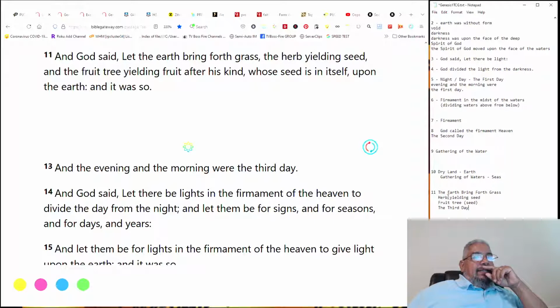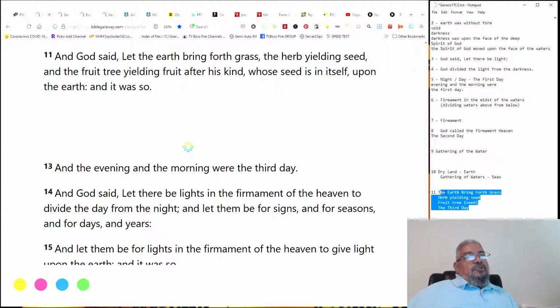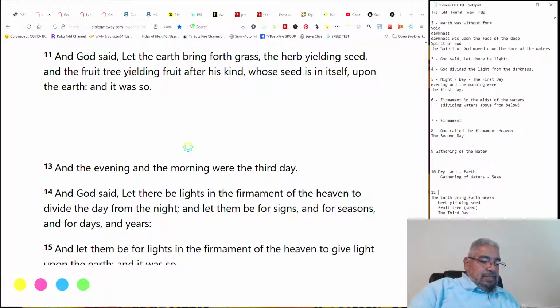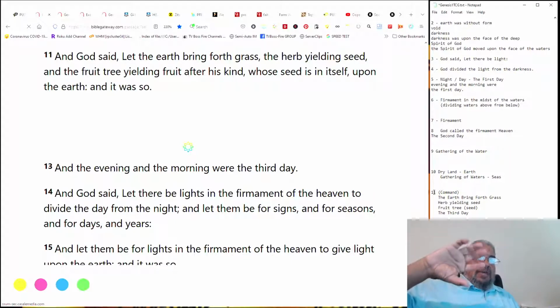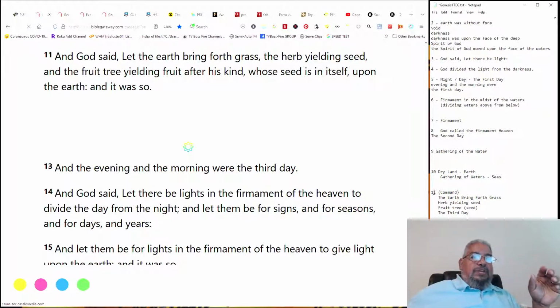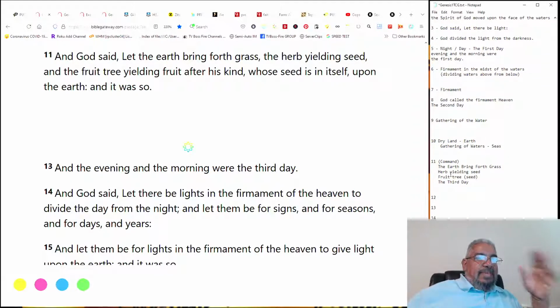So this was the command. I'm going to put it down here as the command, okay? Just to distinguish it, because we still ought to make the game rules up, right? So we want to preserve as much as the scripture as possible. Así que como esto todavía hemos de hacer las reglas del juego, queremos preservar la palabra de Dios lo más posible. El 11 voy a poner el mandato. Esto es un mandamiento, que la tierra produzca, que la hierba produce su semilla y la fruta.